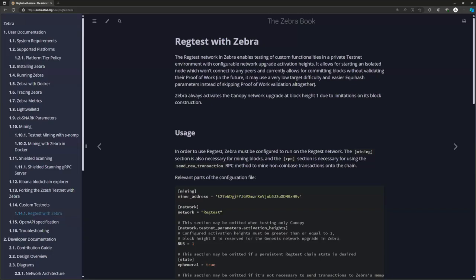In Zcashd, it uses different Equihash parameters that are much easier and a lower target difficulty. In Zebra, currently, it disables proof of work altogether so that you don't need to have a valid block hash or a valid Equihash solution at all. And this is how we can test consensus rule changes as well, or any other kind of custom functionality in